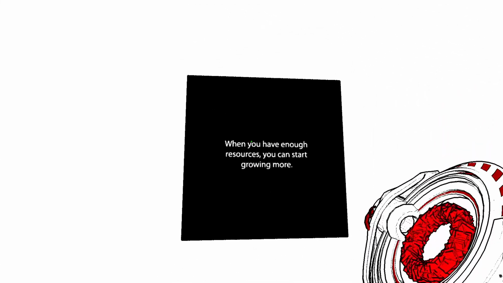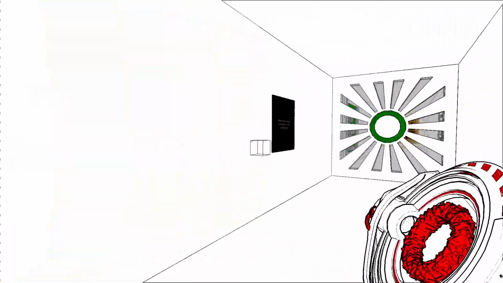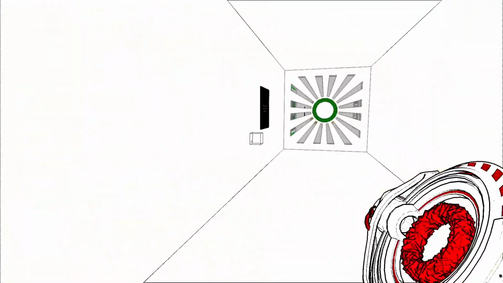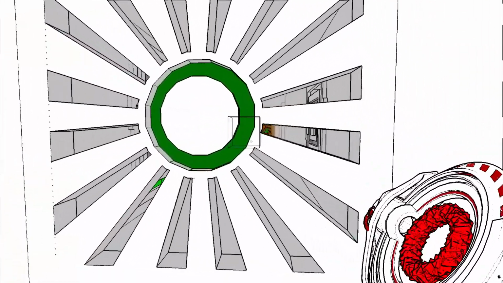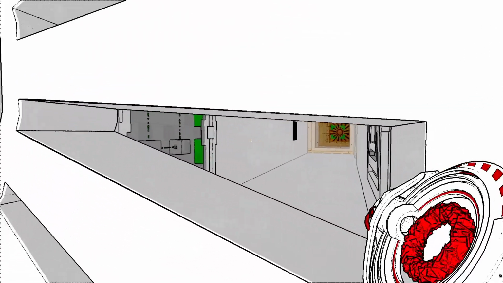When you have enough resources, you can start growing more. Okay, yeah, so this is teaching about gardening. Like, I know I saw... Well, you say that, but what's this door connected to? Maybe something through there, because that looks like an unlock mechanism from...